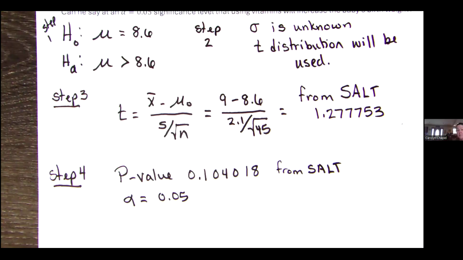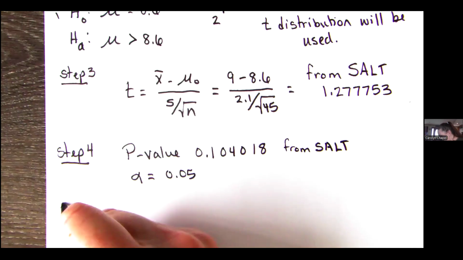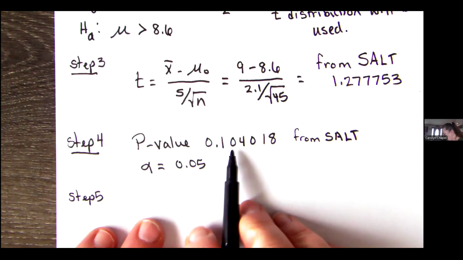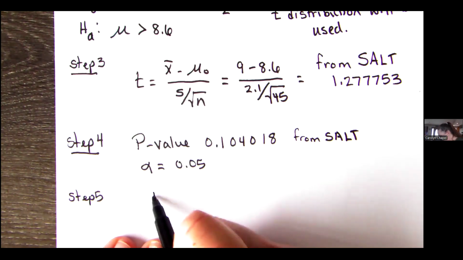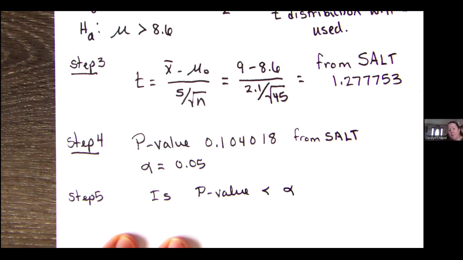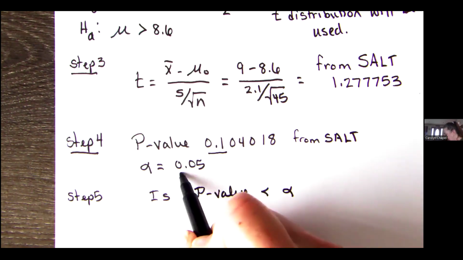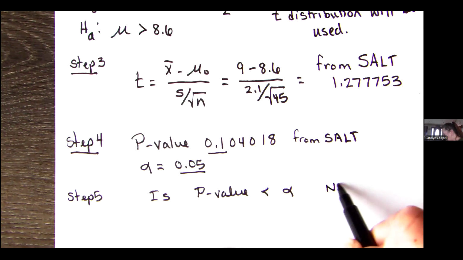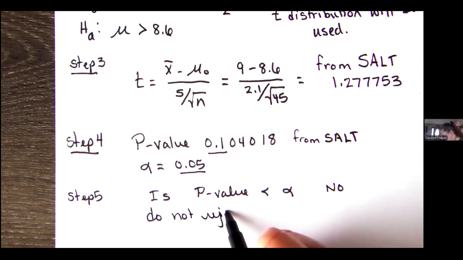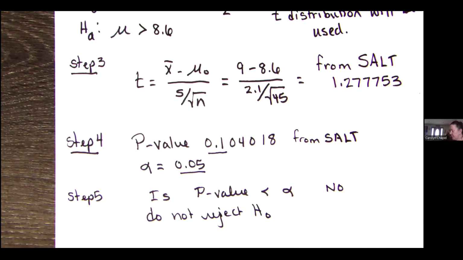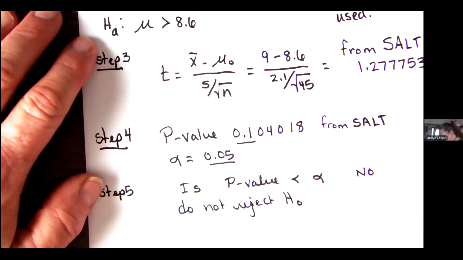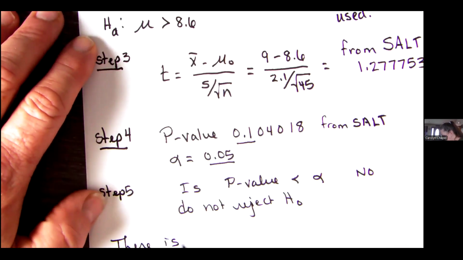Okay, so we got all our information, and now step 5 is to put it all together to make our conclusion. We're going to compare our p-value. Is our p-value smaller than our alpha value? So here's our p-value, 0.1, 0.05. The answer to that is no. So we do not reject H naught. In other words, what we've just shown is that there is not enough